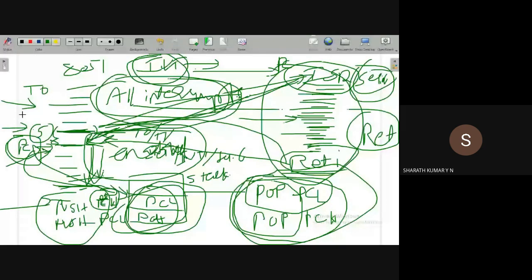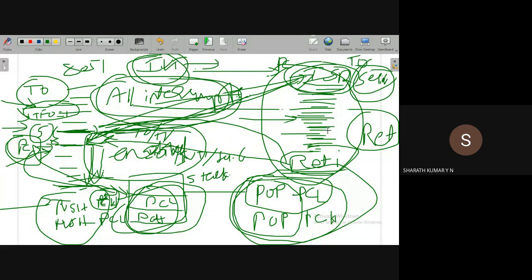If there was an interrupt due to timer 0, assume that there was an interrupt due to timer 0. How is the interrupt generated due to timer 0? Whenever the TF0 flag is set to 1. Whenever the TF0 flag is set to 1, there is an interrupt due to timer 0, and the ISR corresponding to timer 0 is executed.